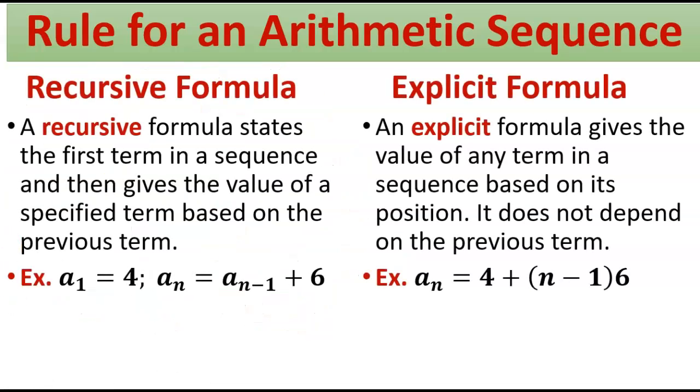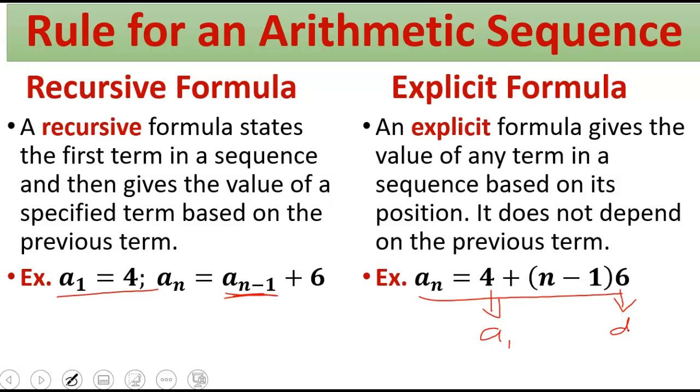Then the recursive formula: we are given the first term, so we know where to start, and then we are given the previous expression plus the common difference. The number being added is your A1, and the number multiplying the x value is the common difference. This is equivalent to a function, if you remember. It's like f of x equals, but instead of having this as your first term, the function will have